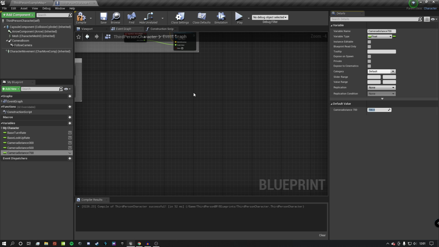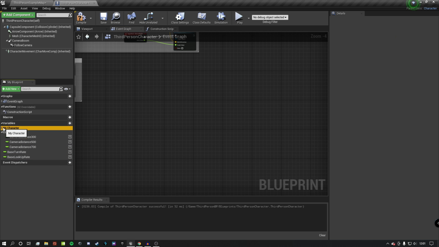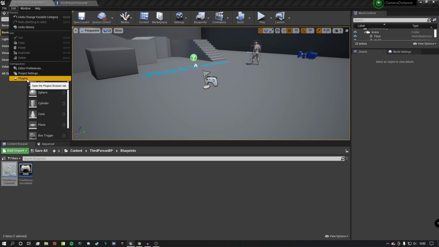Compile and save. If you want to make sure everything looks neat, you can create a new category. You call it camera distance, and then you can just drag and drop these into there, just so it's easier to do. Once you have these values set up, go to Edit, Project Settings,